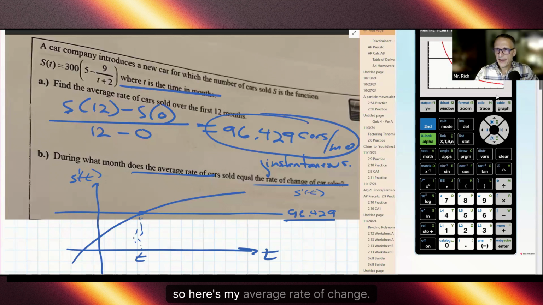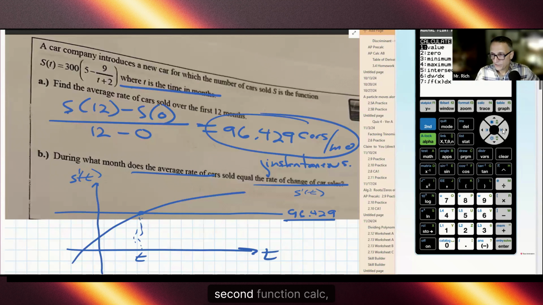Okay, so here's my average rate of change, and here is, I had it backwards. This is a decreasing function. But that's where they intersect. I'm going to find the intersection point. Second function, calc, intersect, enter,